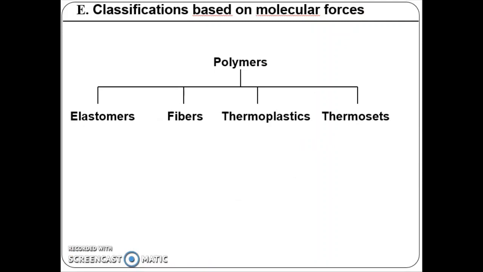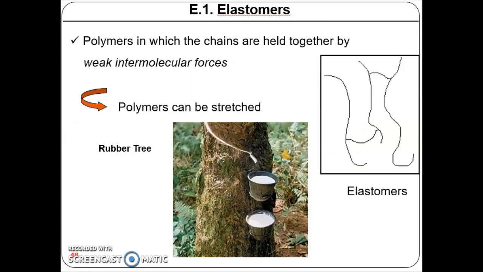Then we have the classifications based on molecular forces. According to the molecular forces, polymers can be divided into four groups: elastomers, fibers, thermoplastics, and thermosets. First, what are elastomers? When the polymer chains are connected to each other by weak intermolecular forces, we talk about elastomer polymers. Example of such polymers type